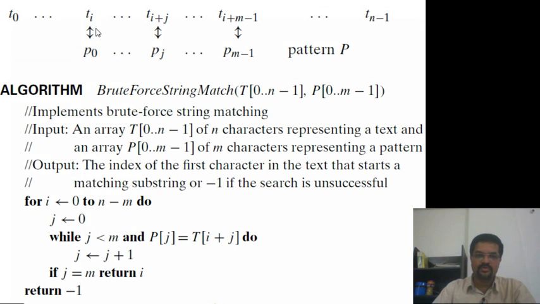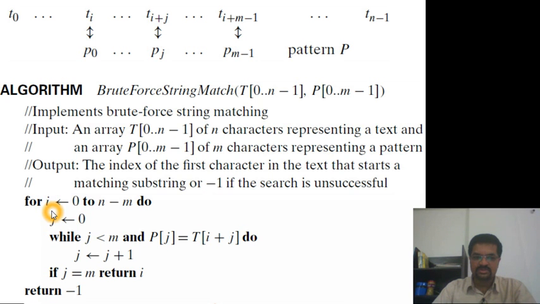So we try to match with all of them one by one, and then if any one of them matches, we say the pattern is found in the text. Otherwise, we say it's not found. So here is the algorithm. Obviously, it takes a text of length n and a pattern of length m as parameters, and index I is